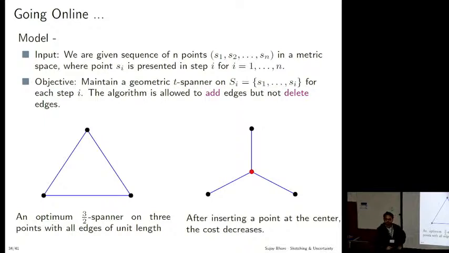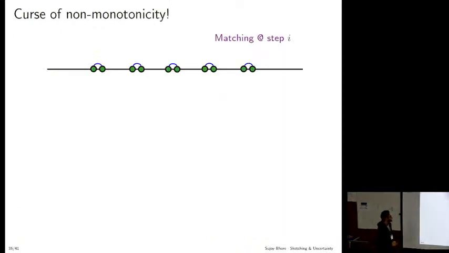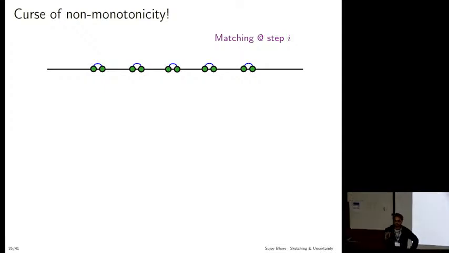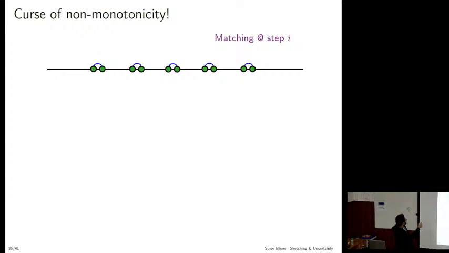Let me show you another problem where it changes drastically. I believe all of our favorite problem, matching, is very classical, and one would want to know what happens to matching. So here is the setup. I want to maintain a perfect matching, and every time 2 points arrive in a pair, and you want to maintain a min cost perfect matching at all times. This is an adversarial sequence. I call it the curse of non-monotonicity because the optimum solution oscillates very rapidly.